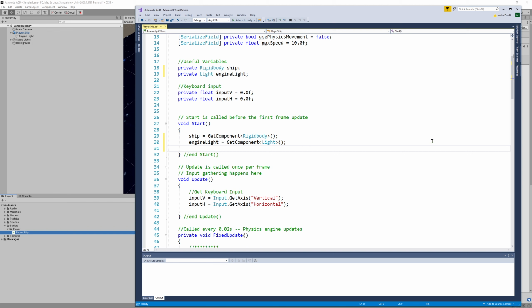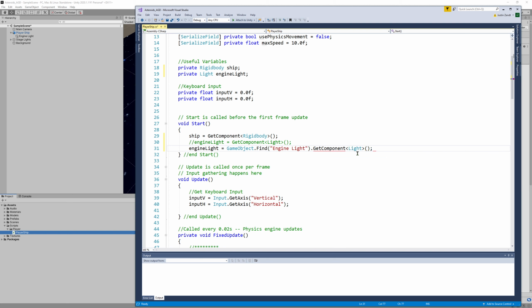There's probably two main ways to approach this. So instead of using that style of code, let's demonstrate how to search for a specific game object. If I say GameObject.Find, I can do a string search for the name of the object I'm looking for. And so we can see that this is called engine light. I write that exactly as it appears as a string, so in quotes, and then .GetComponent